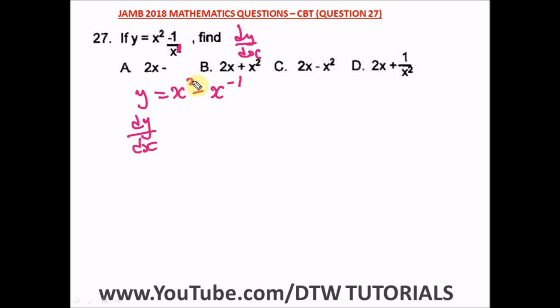So to differentiate this, we have 2 times x, where we have 2x, then subtract the power by 1. In integration, you add the power and you divide, okay? So subtract the power by 1, so we just have x to the power 1 here, which you can just leave out, minus, then minus 1 times this, that will be minus 1, then x raised to the power